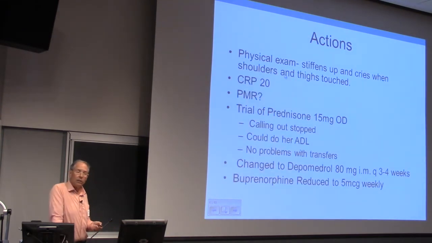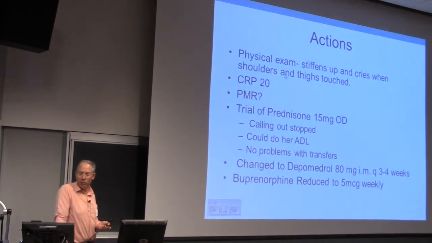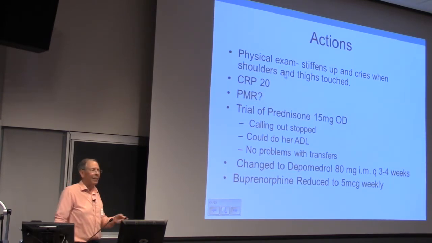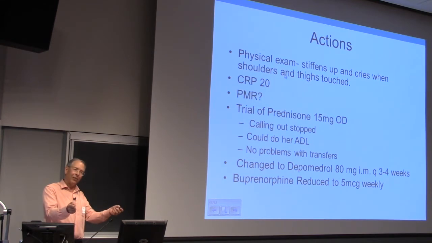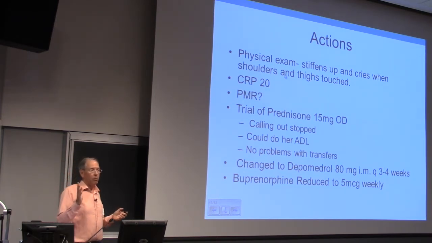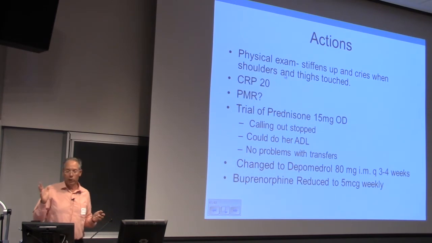And I did a physical exam. I went and examined her again, I was just checking. Remember, I put a blood pressure cuff on her. She just screamed. And then I went and held her, and she screamed again. And when I took my hands off her, she didn't scream. And then the penny dropped with me. Maybe this lady has PMR, polymyalgia rheumatica, and we got a CRP on her.